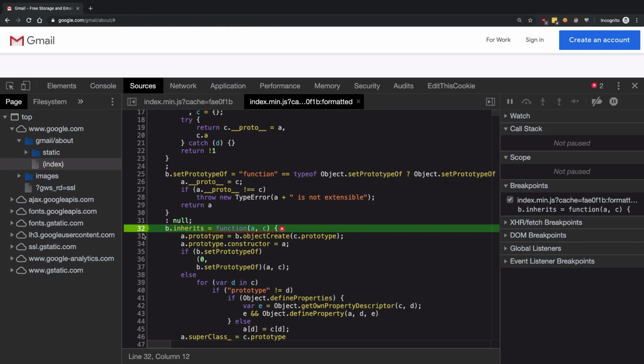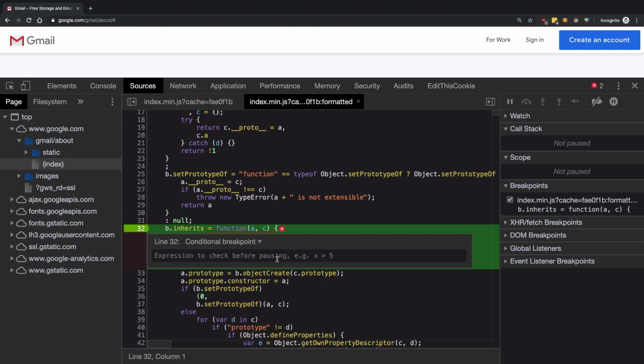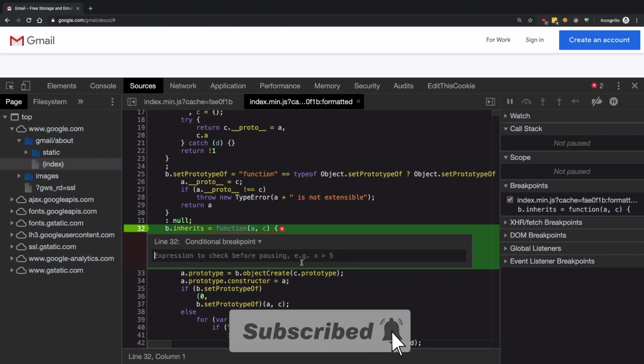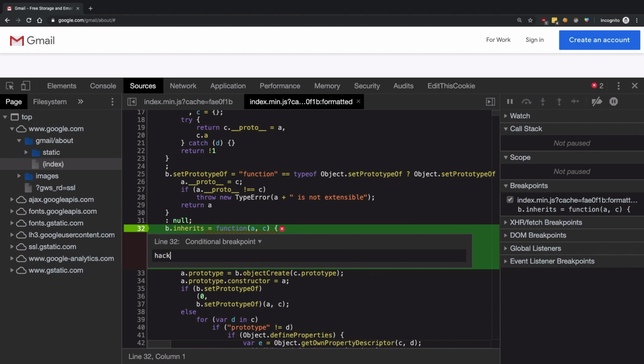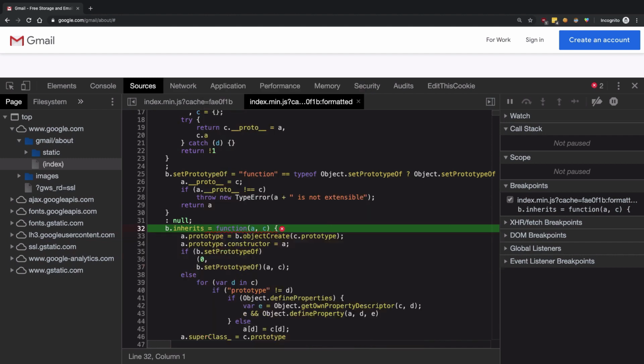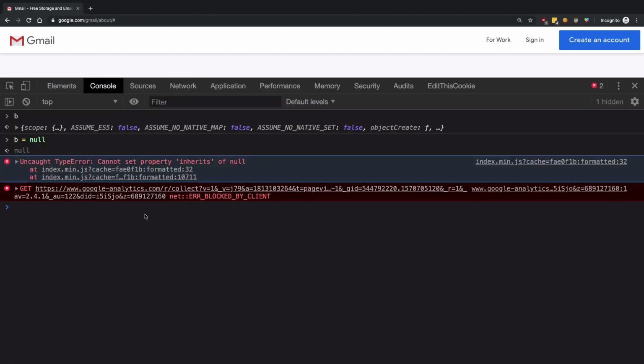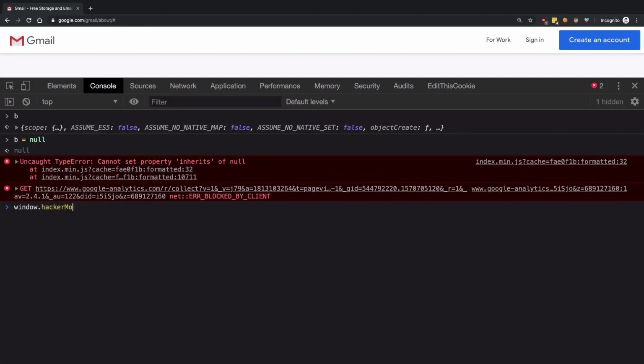Now, apart from these breakpoints, you can also make them conditional. If you right click on this, you get remove breakpoint, edit breakpoint, and disable breakpoint. If I edit this breakpoint, it allows me to enter a condition, and the browser would pause on this breakpoint whenever this condition is true. So for example, I could say hacker mode is true. So whenever hacker mode is true, only then will it pause. Right now, if we see window.hackerMode is undefined, that means it's false. So I'll just set it to false